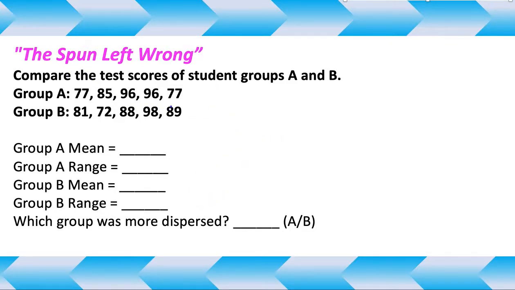Compare the test scores of student groups A and B. So we have a group A of test scores and a group B of test scores. We need to find the mean and the range of each of them. Remember, the mean is the average, so we have to add them all up and divide by